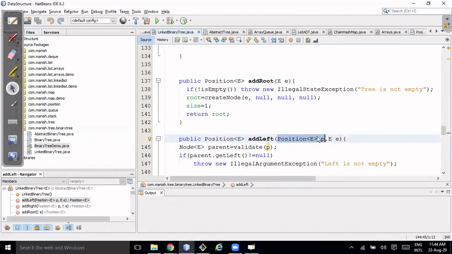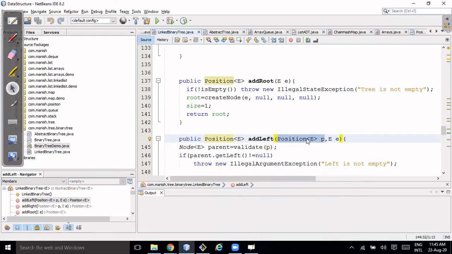Like, if I have a tree of girls and you are passing boys, and girls have some behavior that boys do not have, then first I need to validate whether you are passing girls or boys.